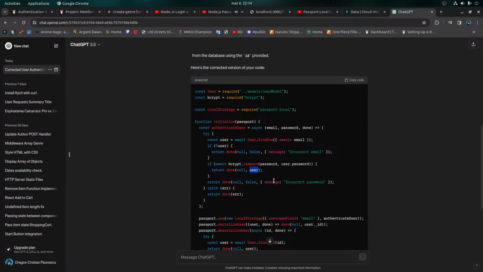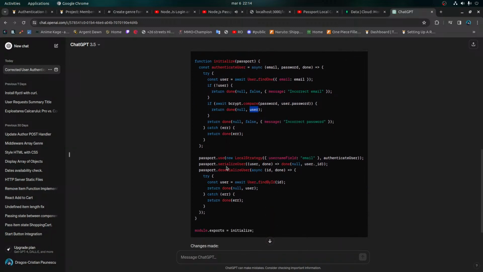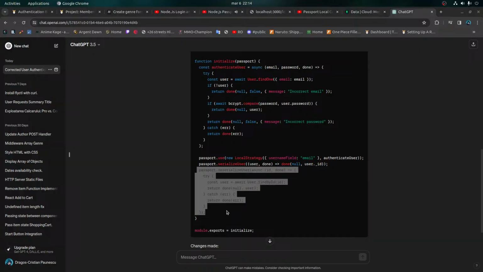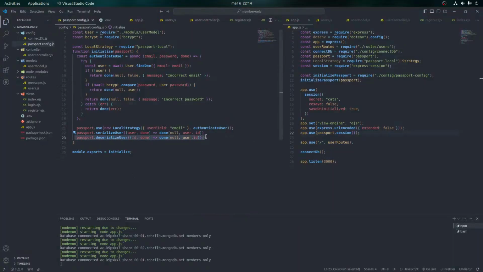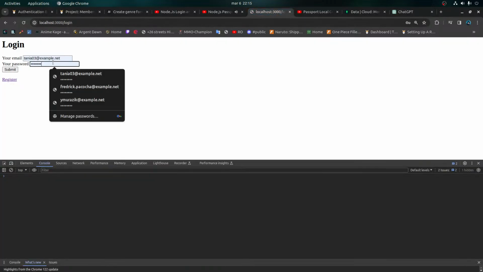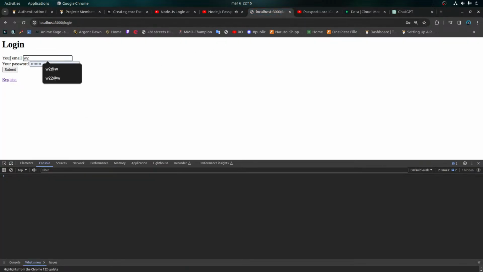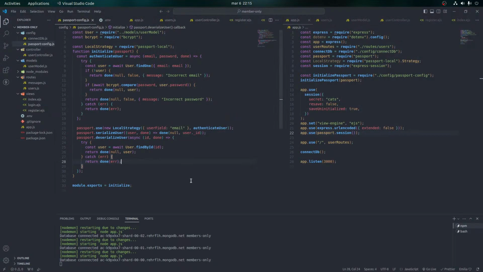It's this authenticate user that needs to be asynchronous. And now if you save that, you see we're getting a final error here, which is saying that local strategy requires a verify callback. And whoops, don't want to actually go there. If we scroll down to where we're defining our local strategy, you see that we're not actually passing authenticate user to our local strategy. We're passing it to passport.use. So let's make sure that we are properly passing authenticate user to our new local strategy and not to the passport.use. Now let's save that,